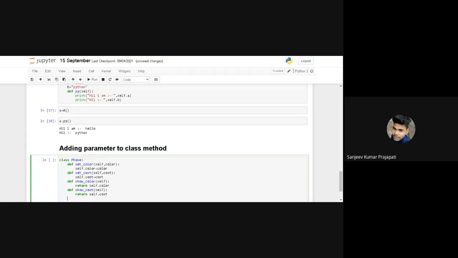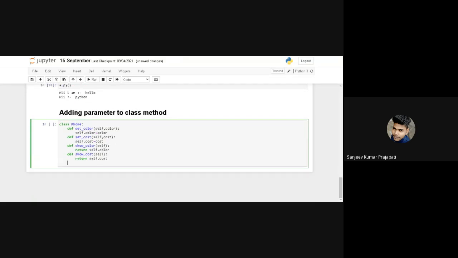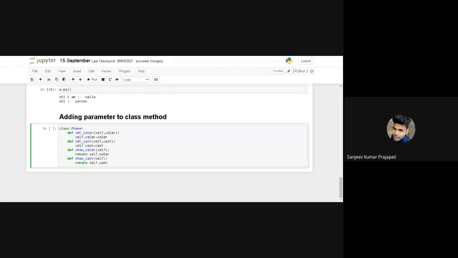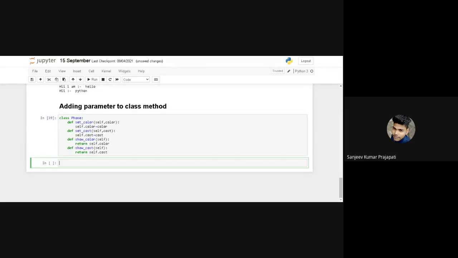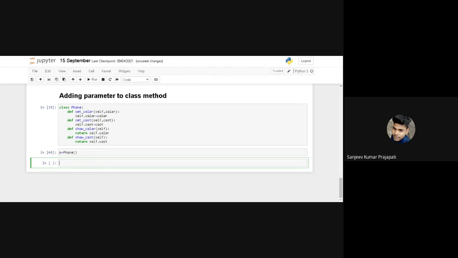Okay, then I want to print my color and my cost, so I'll create another function to make it. Then create the object of this particular class, p equal to phone, and fetch the data in this class using this object p. So p dot set color.